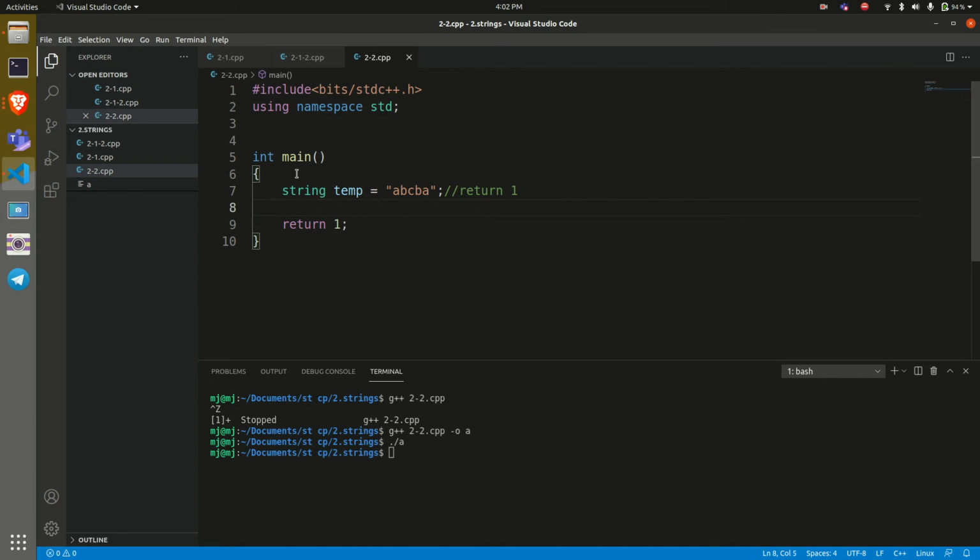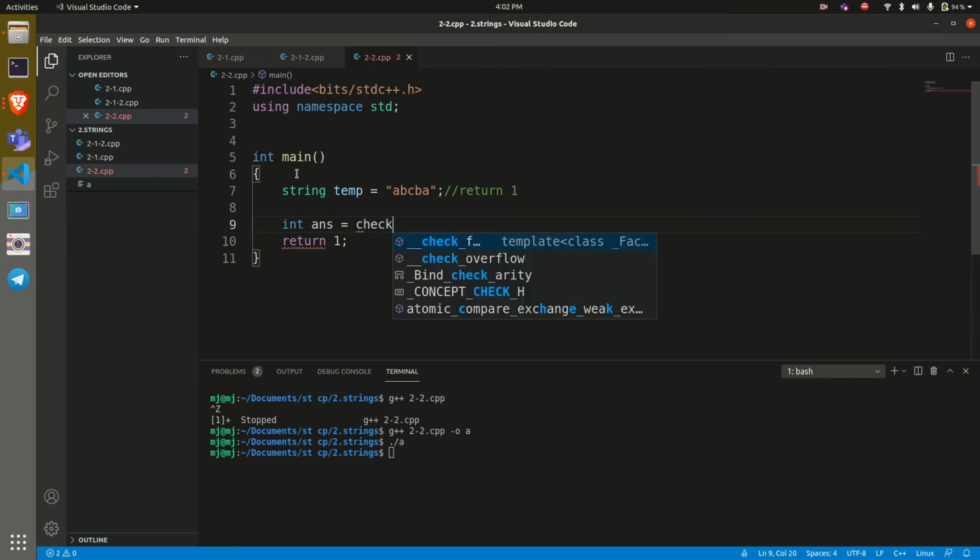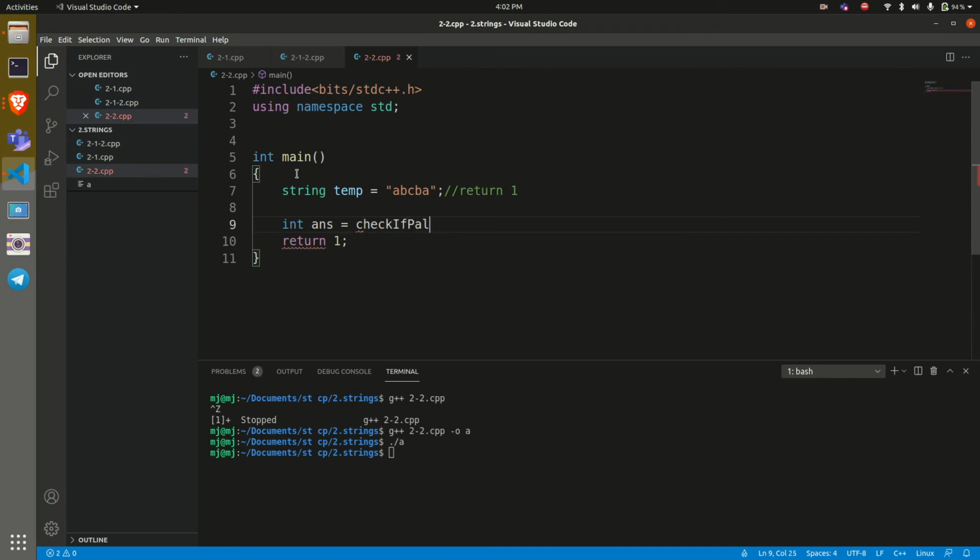And what we'll do is we'll call our own method in order to incorporate the functionality of the code. So we'll call it int answer equals to, let's call check if can make palindrome.